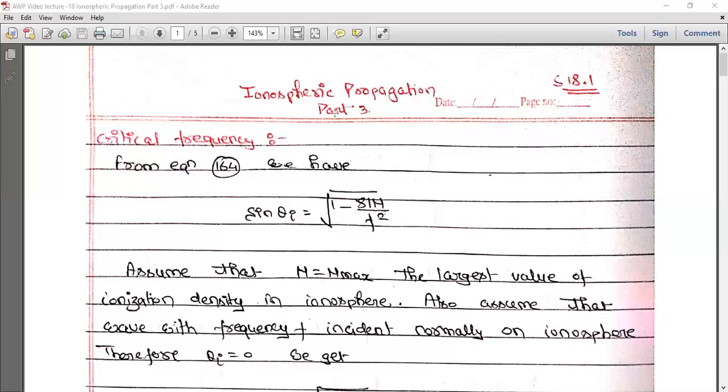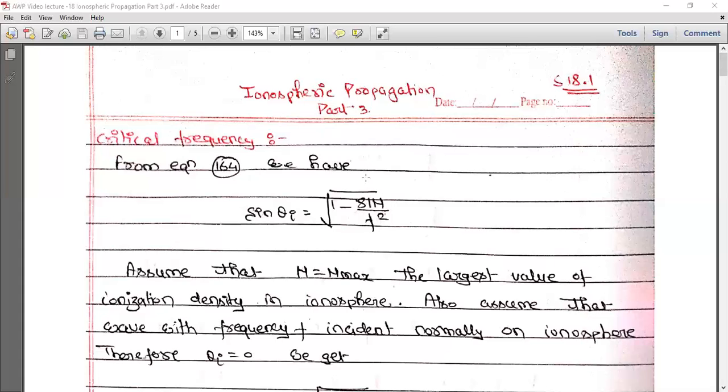When this signal is incident at the lower edge, it starts refracting continuously as it moves upward in the ionosphere. The medium becomes rarer, and the wave always bends away from the normal. Correspondingly, at a certain height the angle of refraction becomes 90 degrees, and from this height the signal reflects back. At what height this frequency will reflect back is found in terms of the electron density. This capital N here is the electron density at that particular frequency.